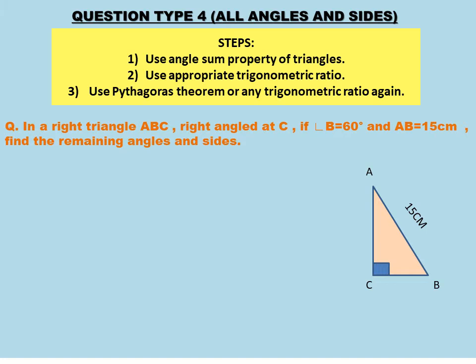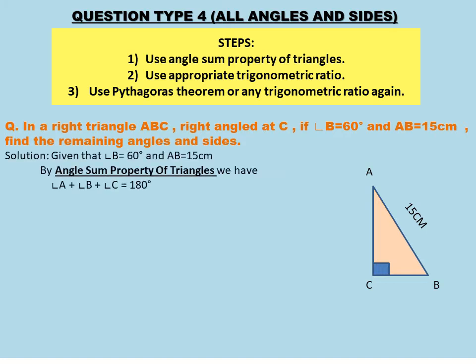You are given that angle B is 60 degree, and C is right angle, so C is 90 degree, right? So the third angle you can find out by angle sum property. Simple. Angle sum property says that sum of three angles is 180 degree. So your C angle is already 90, B is 60, so A will be automatically subtraction of 90 plus 60 from 180. So you'll get A is equal to 30 degree, right? And second thing he is asking is find all the sides. So one side is given to you, AB, that is 15 centimeters. So the other side you can find using trigonometric ratio.